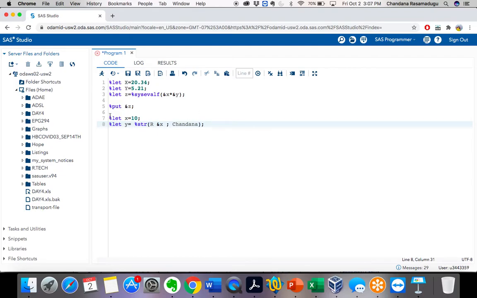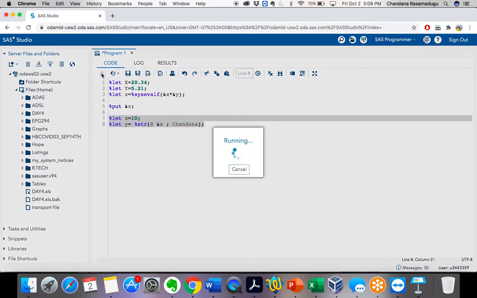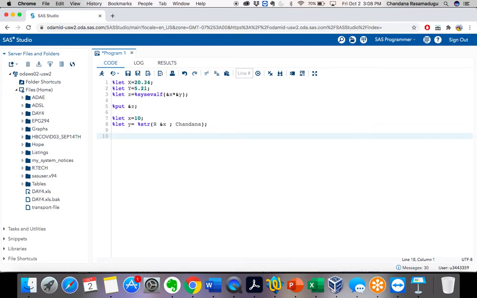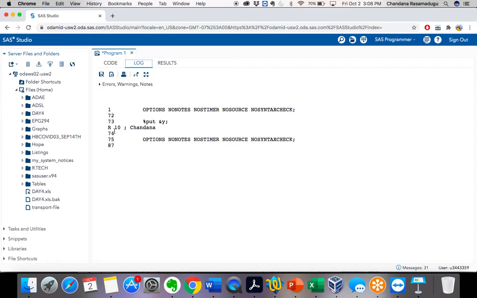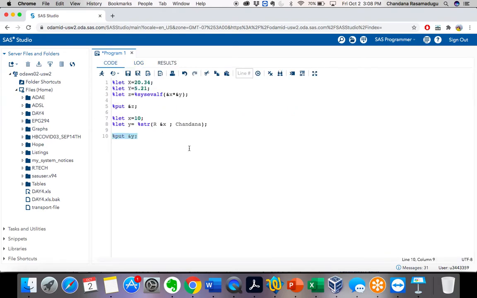Now let's execute it. Now it will create a macro variable. Let's check what value is stored in the y variable. %put &y. Let's execute it. See, now it removed the actual meaning of this semicolon. Now it just stored like how I have given it. So this %str function is used to remove the normal meaning of the special characters.